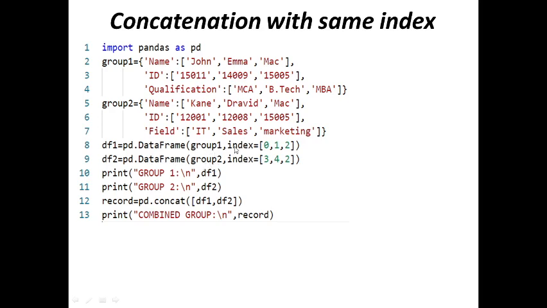Index values for the first data frame are 0, 1, 2. Index values for the second data frame are 3, 4, 2. So here you can see index value 2 is the same in both data frames. We are printing the values of df1 and df2. And using the concat function we are concatenating these two data frames.